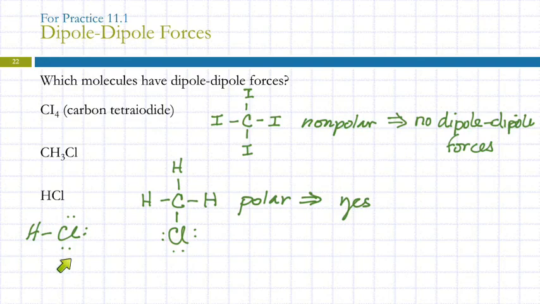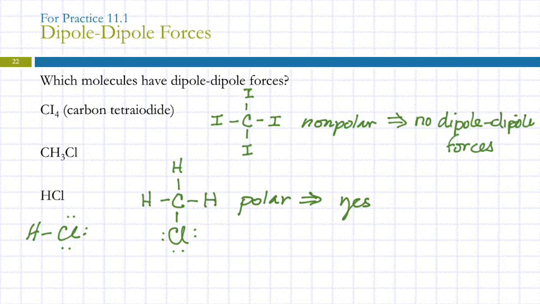polar. There are situations where you can have two different elements and it'll be a nonpolar bond, but those are very unusual except for carbon-hydrogen. So carbon-hydrogen bonds are nonpolar, but this is not carbon-hydrogen, this is hydrogen and chlorine. The bond is polar, so the molecule's polar. So because they're two different, you said something about it being different that makes them polar? Yes. So